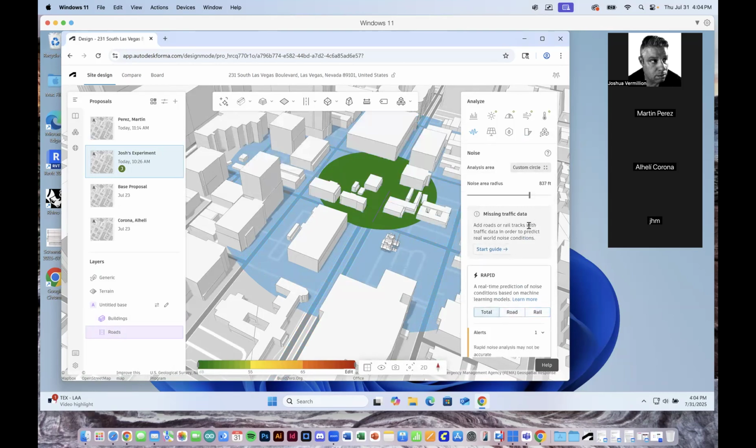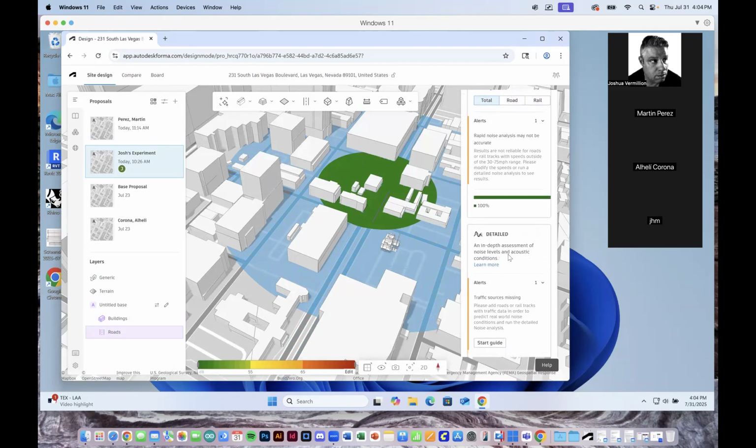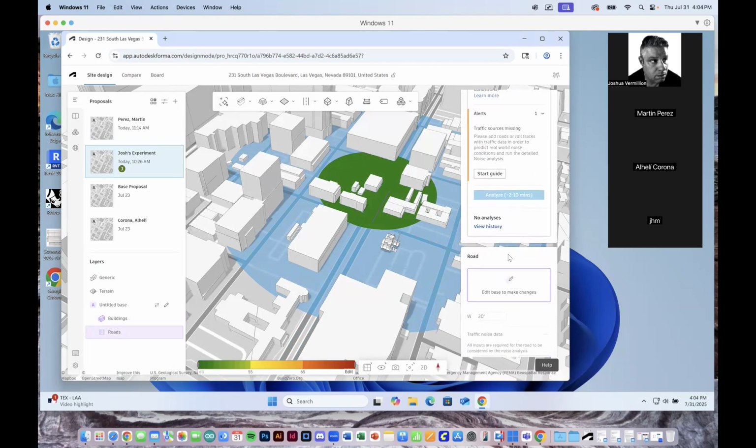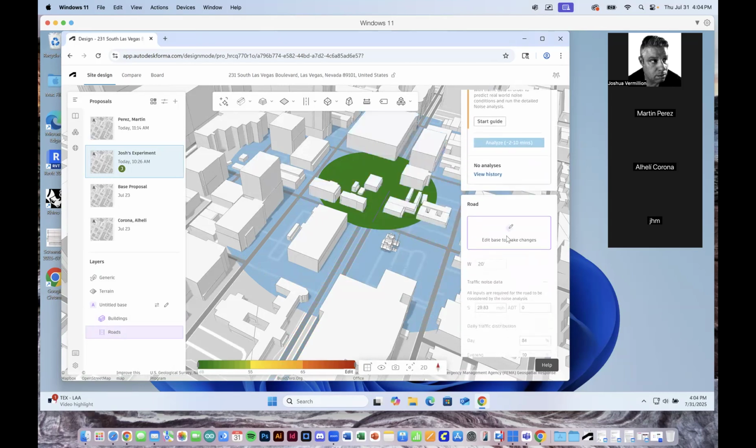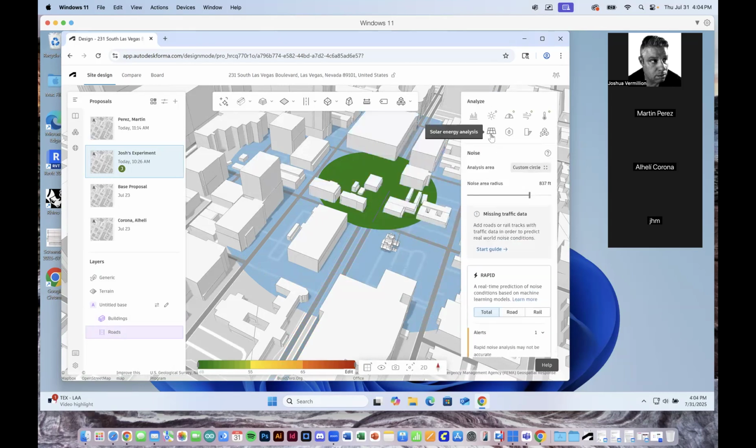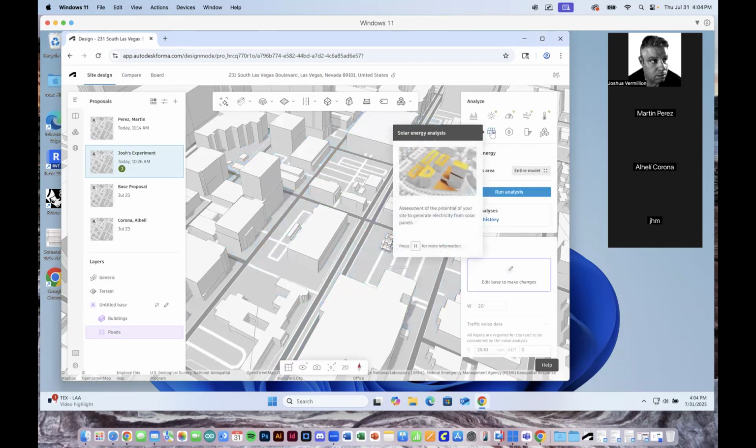I've increased the radius. Why won't it give it to me? Give it to me. Start guide. Analyze. Edit based. Okay, so anyway, the noise one looks like it might be a little more complicated than